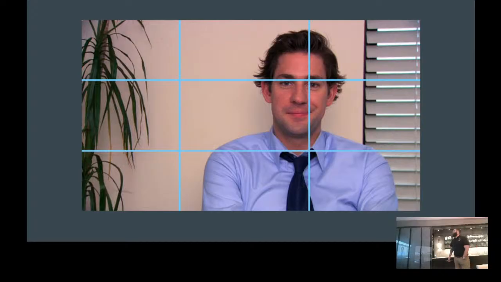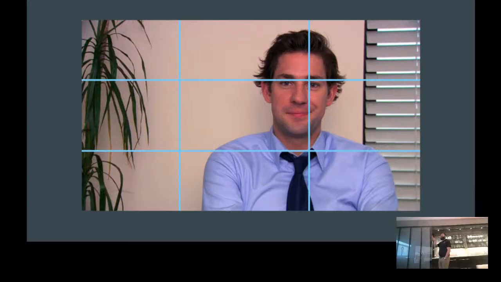And lastly, I like to again show something that we've seen in modern culture, maybe to give us a better understanding of the rule of thirds. Jim Halpert from The Office is a perfect example. His eyebrow is on the top portion of the rule of thirds, not his whole eye, but he himself is hitting the rule of thirds nicely. Like I talked about in the beginning,